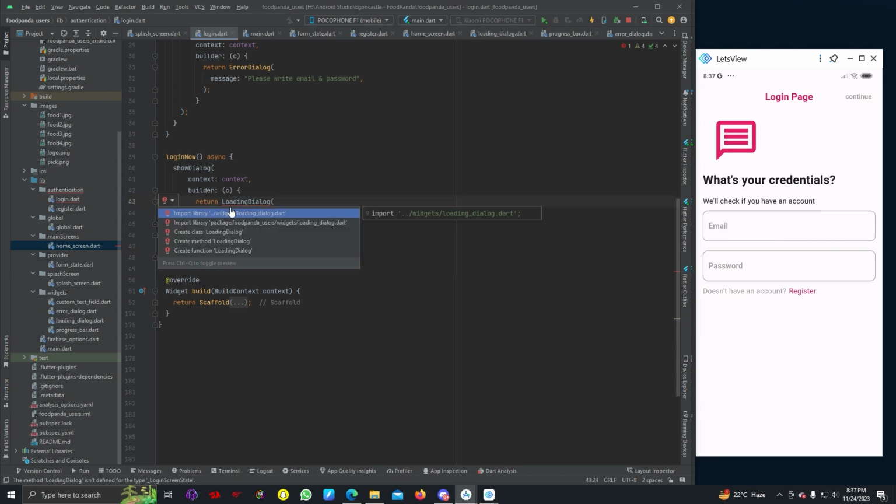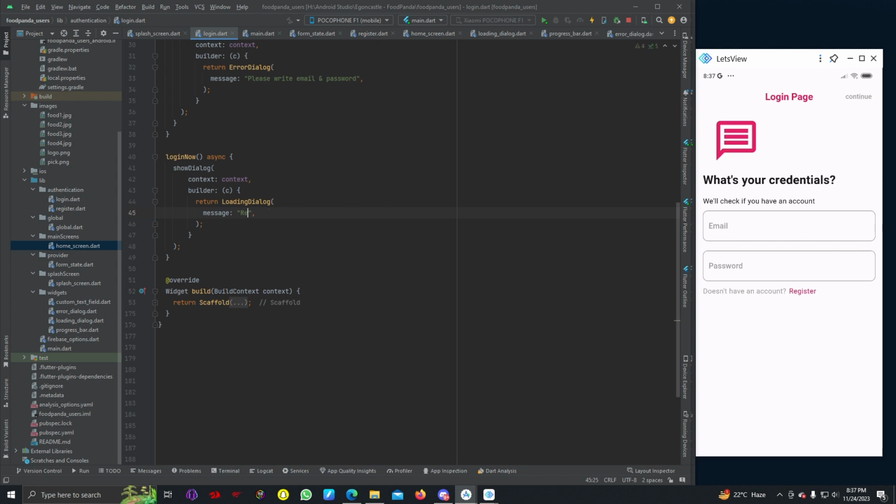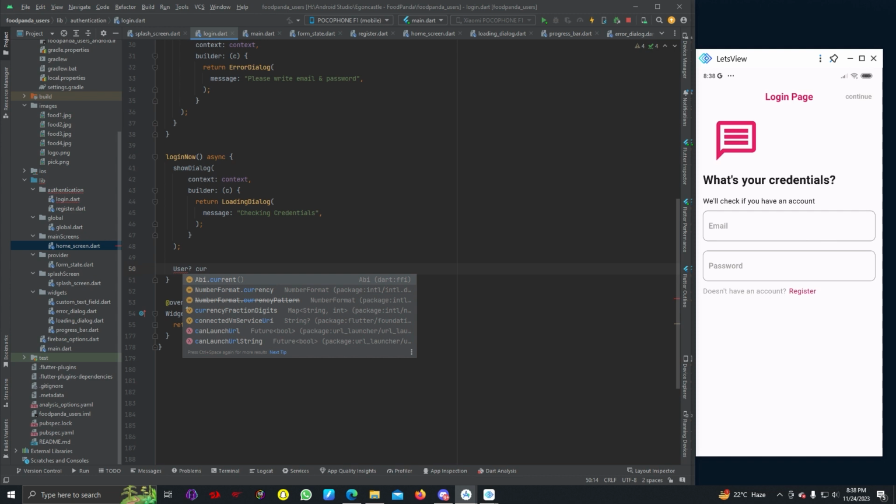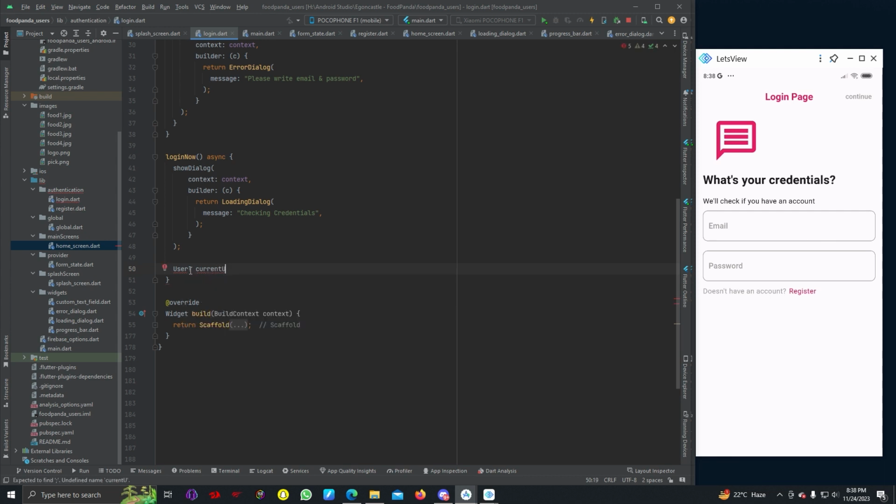I need to import this one as well. Then instead of registering account, I can call this checking credentials. So here I can write user current. Okay, I need to import